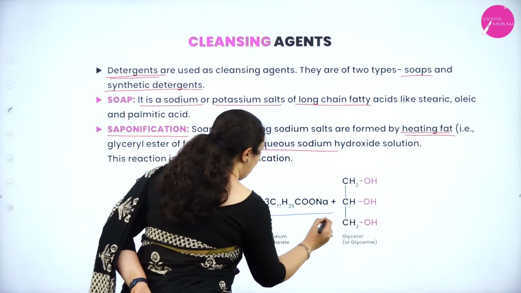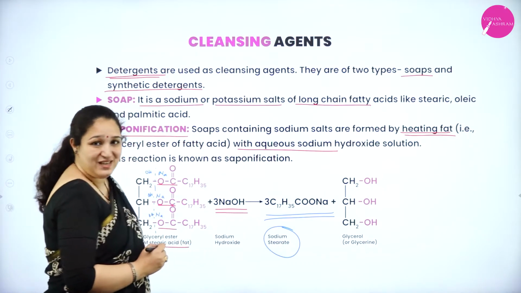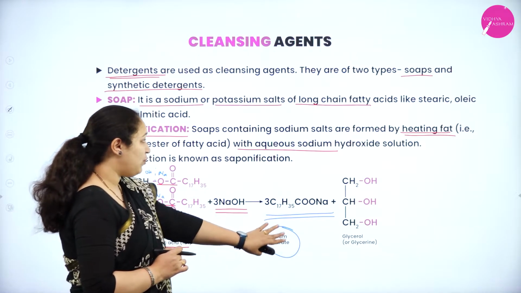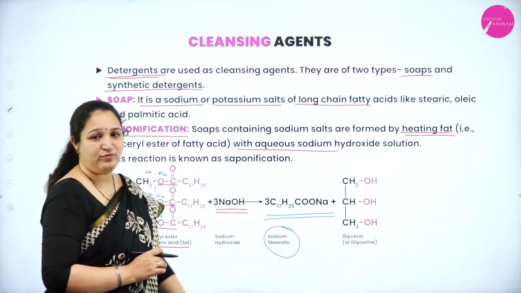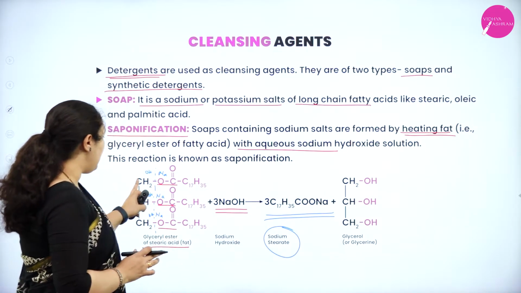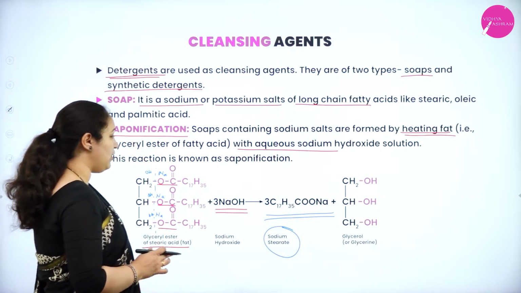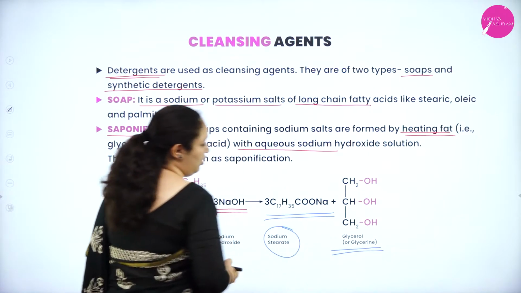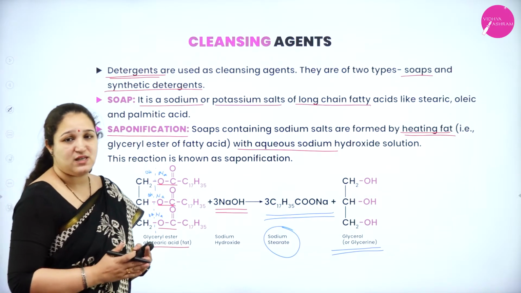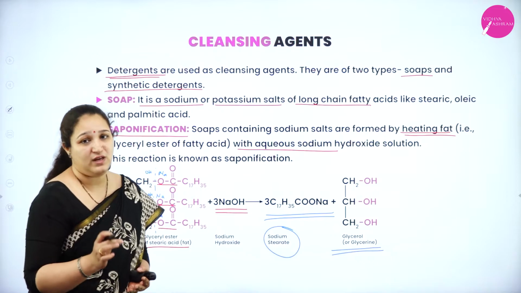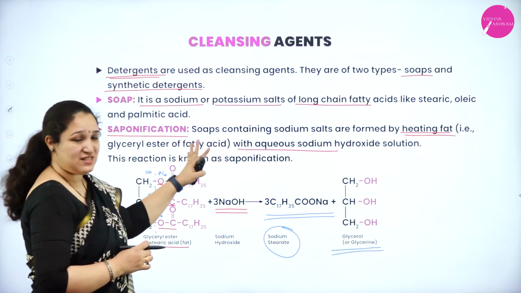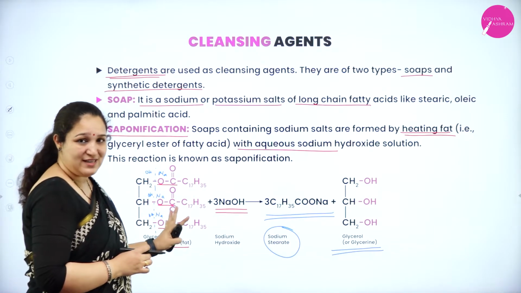So you get C17H35COONa. So this is called as sodium stearate which is nothing but soap. Okay, it is sodium or potassium salt of a fatty acid. Okay, and what is else is formed? CH2OH, CHOH, CH2OH, that is nothing but glycerol or glycerin is formed. Okay, so this process is called as saponification. So you're taking fat, okay, that is glyceryl ester of fatty acid, which we call it as fat, treating